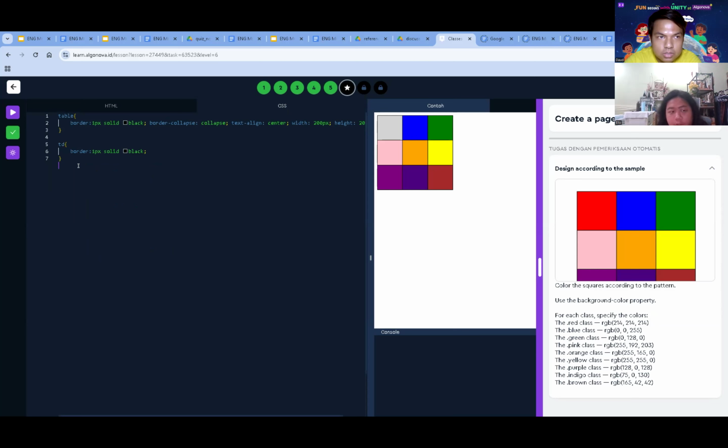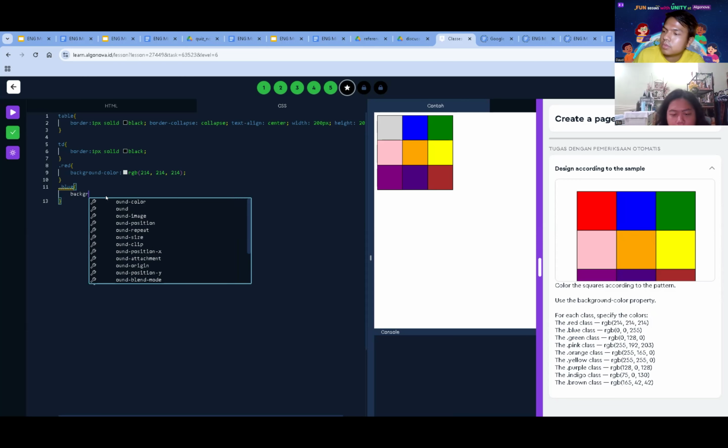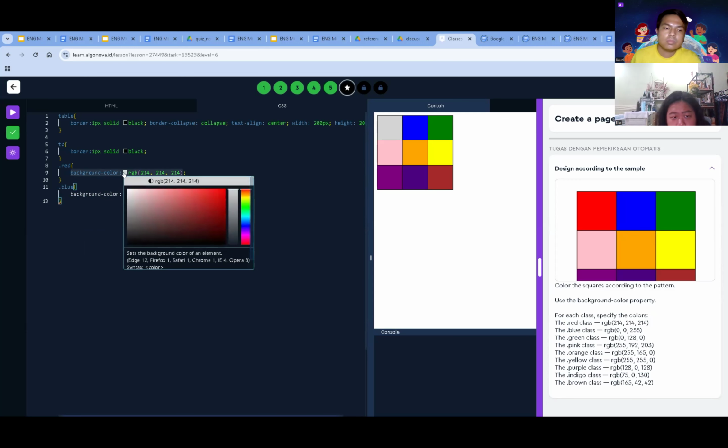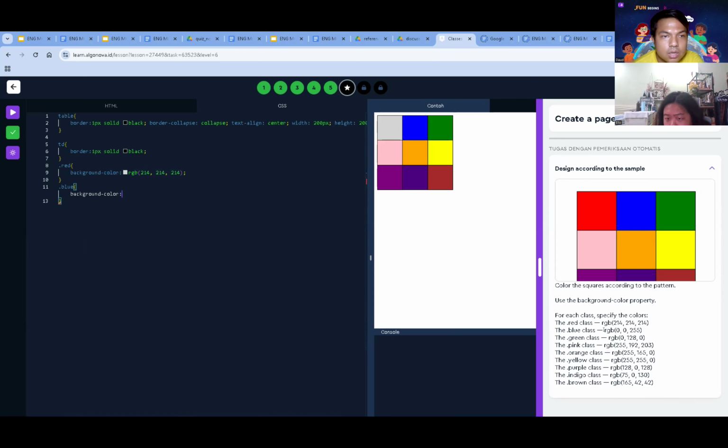You just need to change the CSS file as well. Just put only the background color. Background color, colon, and then copy the RGB. Do the same thing until the brown class. Yeah, like that.